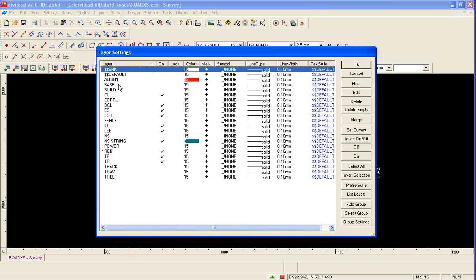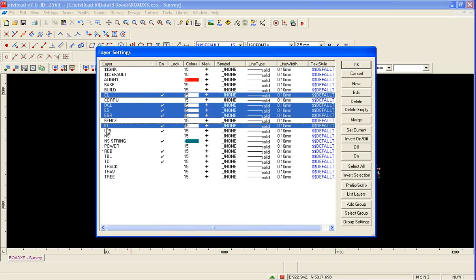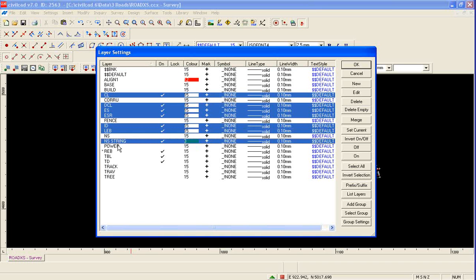Right, so the options we've got are to make the entire list of layers one group, and we'll consider the on-off state, or more accurately we can just make the layers that are turned on, just hold the control key down,